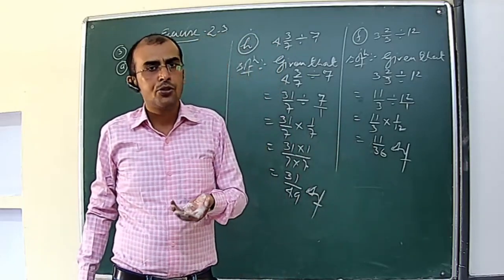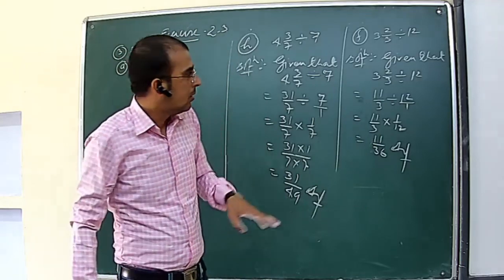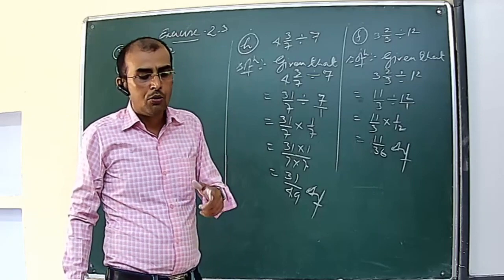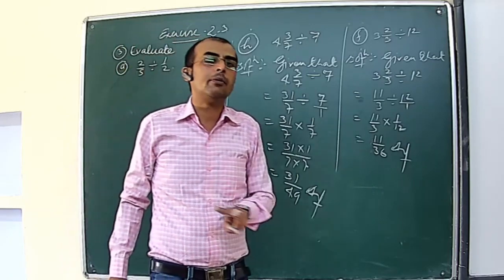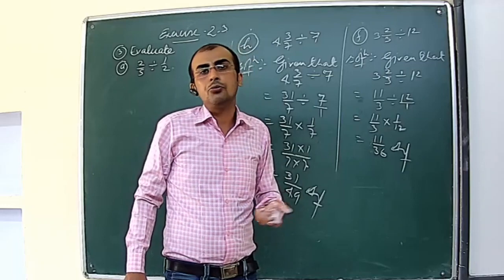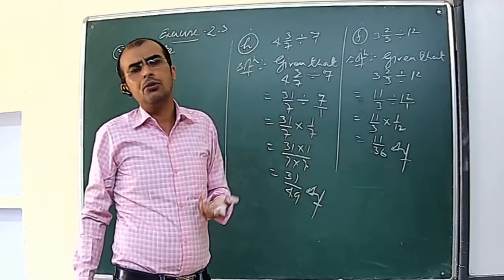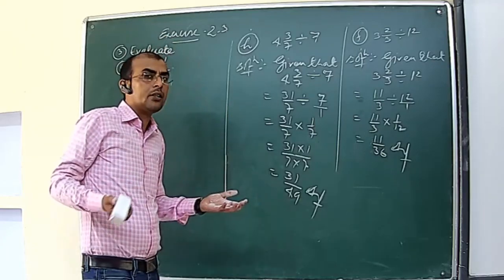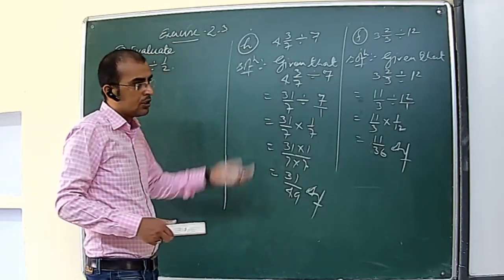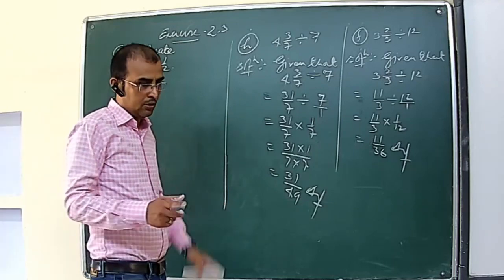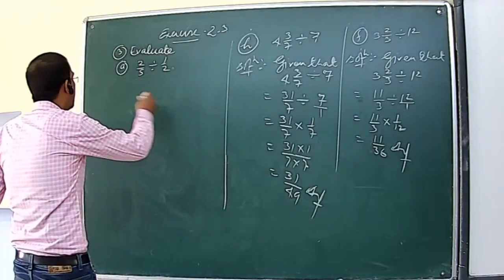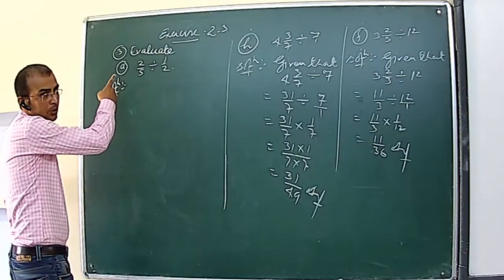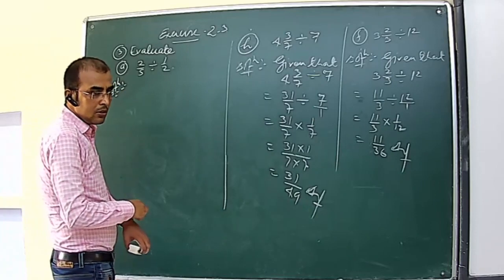Already we have solved, we have divided in question number first and question number 2 also. Now, in question number 3, the two fractions are given. In that case, what we will do? The same method you have to use, no other method, the same method you used in question number 1 and question number 2. What we have to do? Last question, we will see. So, what will be the solution? This is the last part, okay? So, after that you will solve.